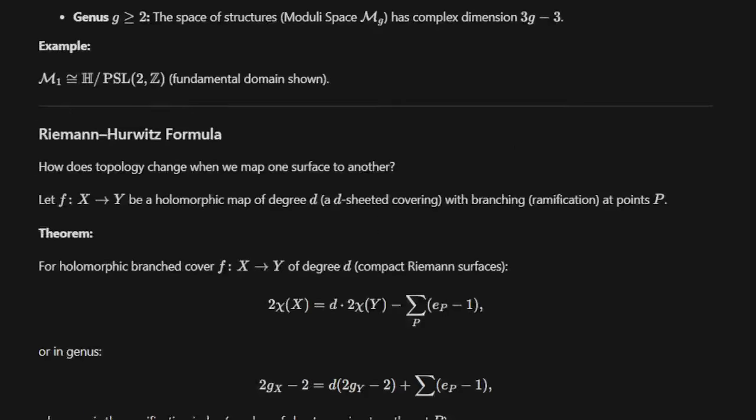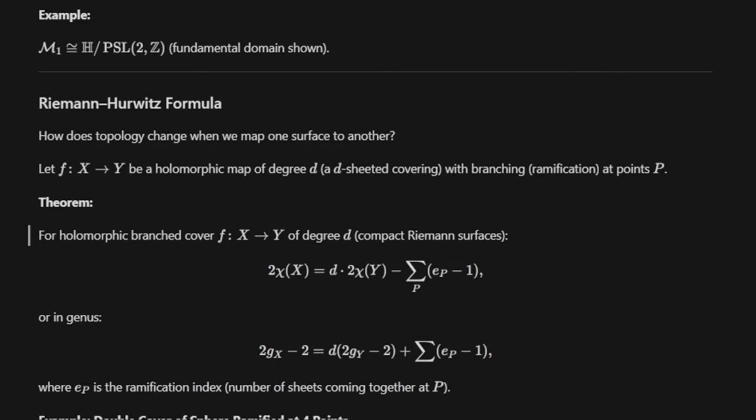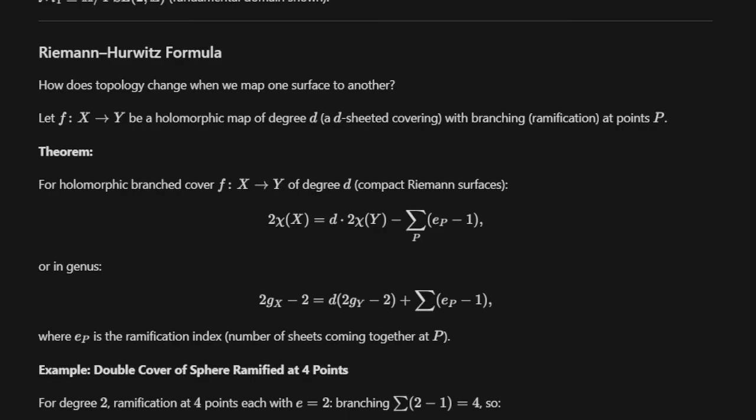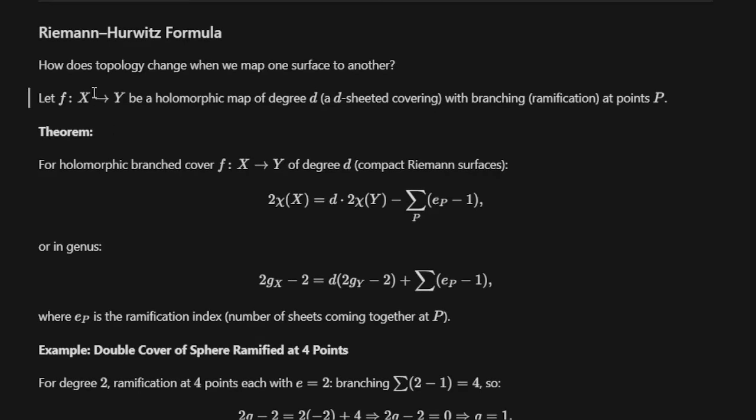So let's get on to the Riemann-Hurwitz formula. How do surfaces relate to each other? That's essentially what we're asking. If I wrap a rubber band around my finger, we're wrapping a surface around another surface. This is something we call a branched covering. How does topology change when we map one surface to another? If this is a holomorphic map of degree d, a d-sheeted covering with branching, ramification at points p,